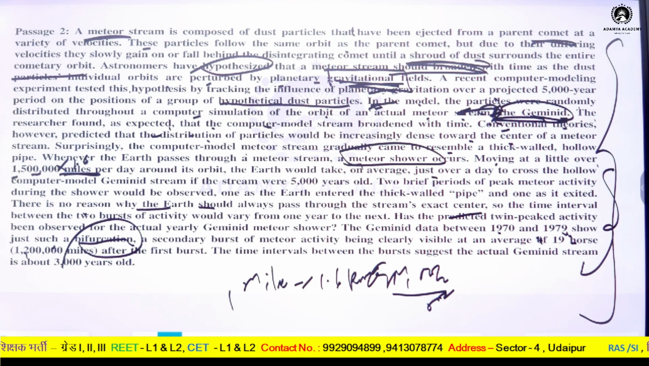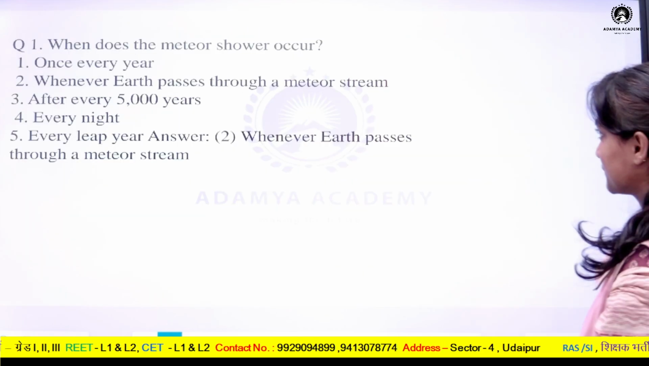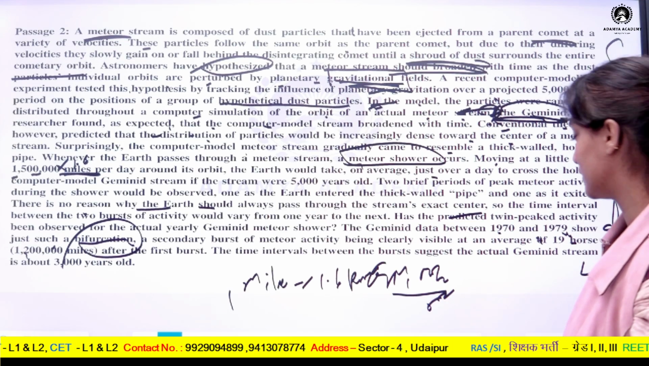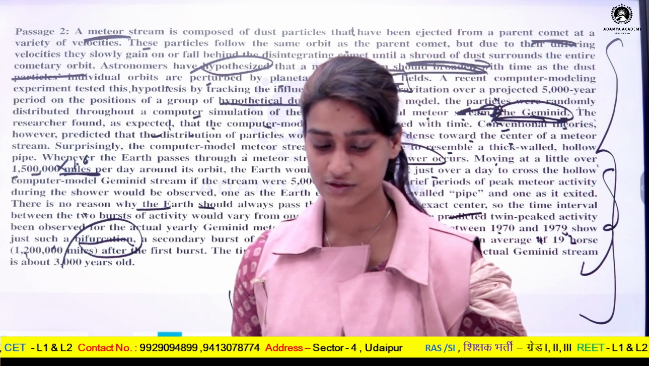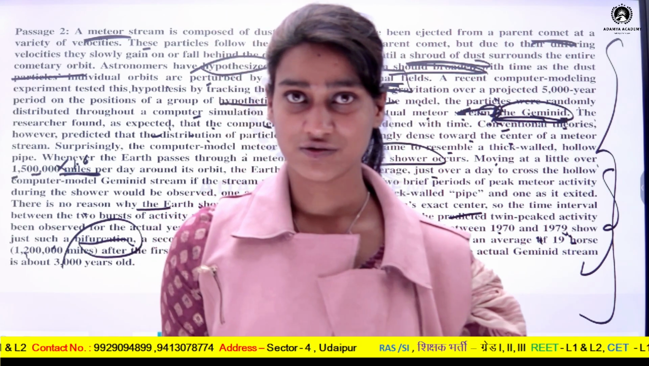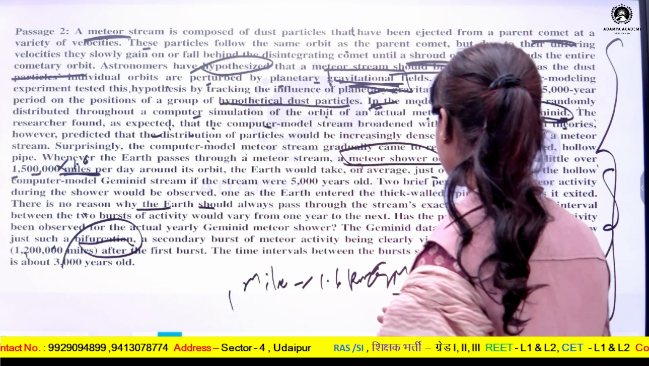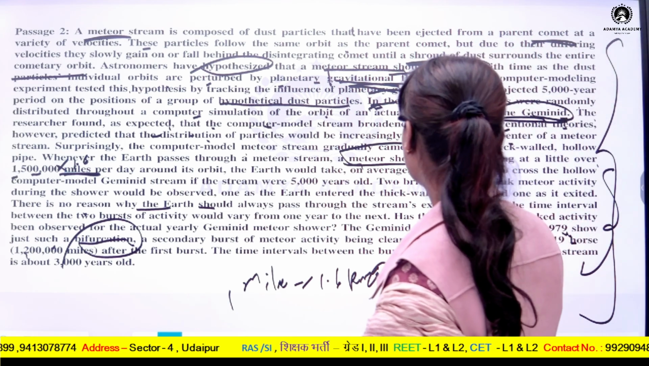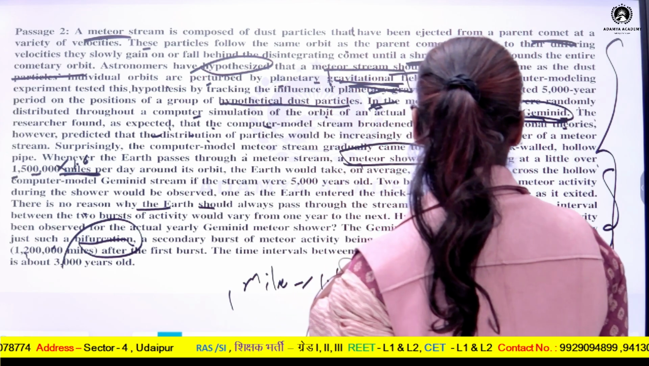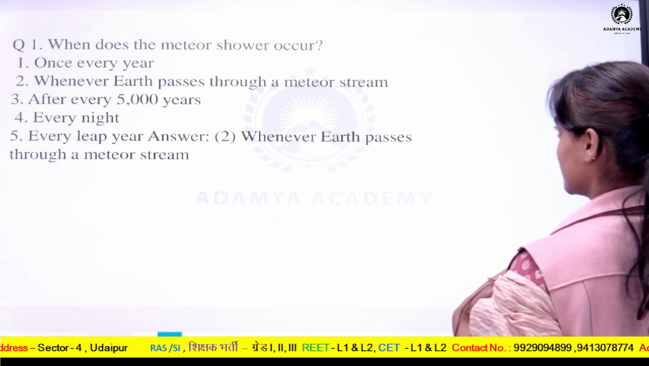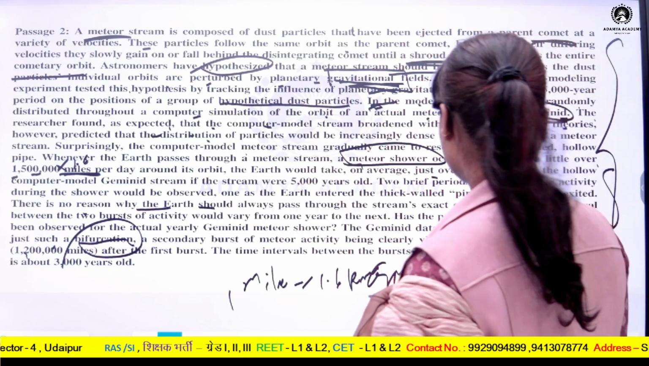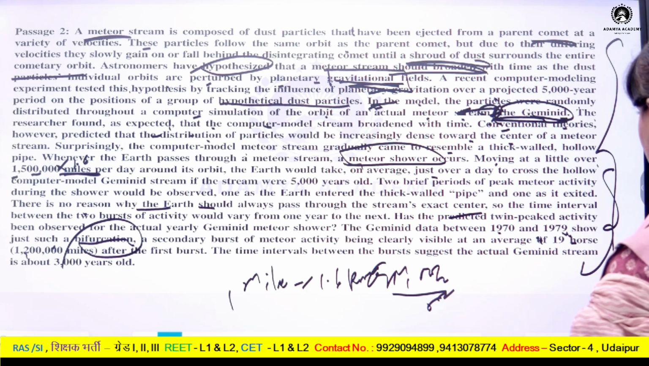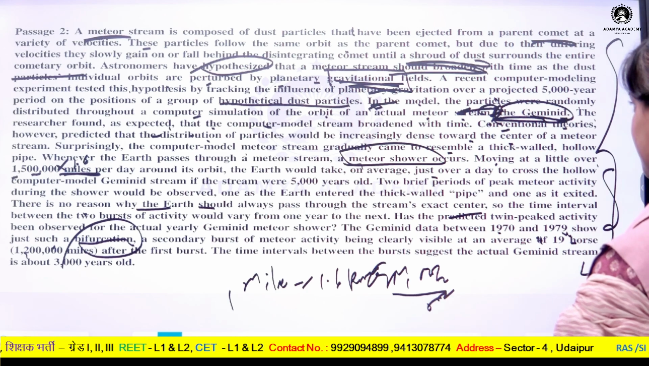Now let us look into the questions related with it. When does the meteor shower occur? So for answering this question, you have to look into the paragraph with the word meteor shower. Wherever the meteor shower word has come, you have to read the line as a whole. So the time of meteor shower is asked. So the time of meteor shower will be